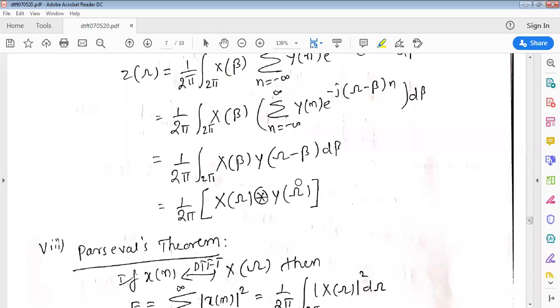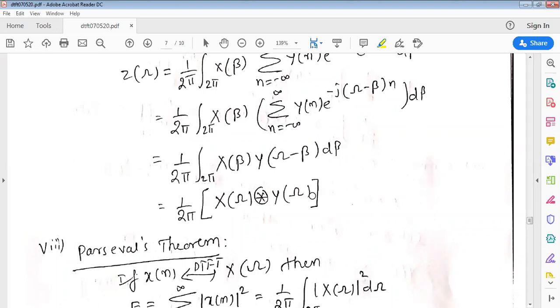Understood, Kokila? Yes, sir. Okay, so don't write the integral variable. Integration is performed with respect to beta. Other than the integral variable, what is there? Omega. So that should be the convolution variable. Don't write beta in this answer. Write omega, because beta is an integral variable and omega is the convolution variable. That's why it performs convolution.